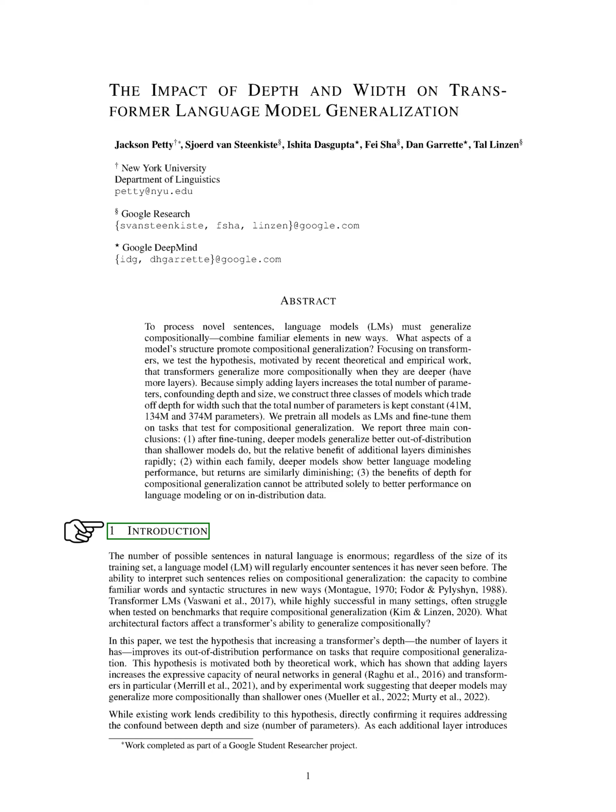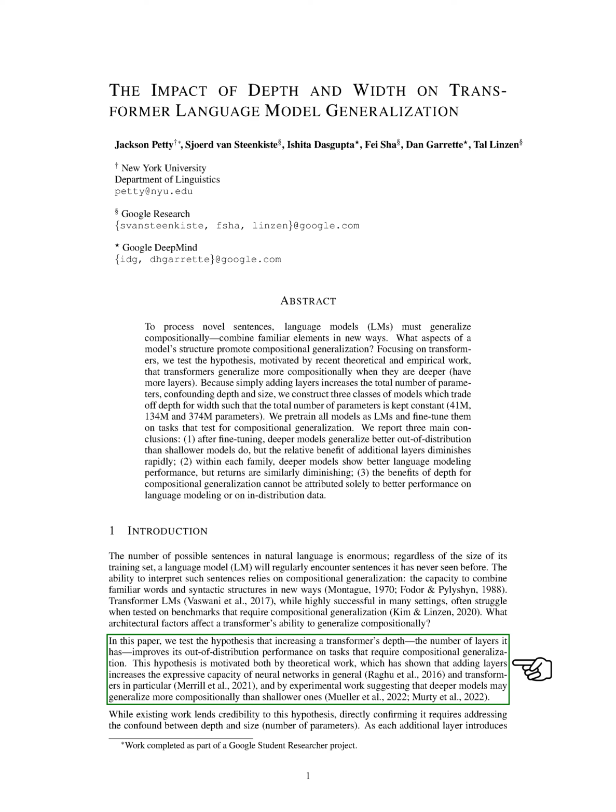Section. Introduction. In this study, we're exploring the idea that increasing the depth of a transformer language model, meaning the number of layers it has, can improve its ability to understand and generate sentences it hasn't encountered before. This concept is known as compositional generalization. While transformers have been successful in many areas, they often struggle with tasks that require this kind of generalization.